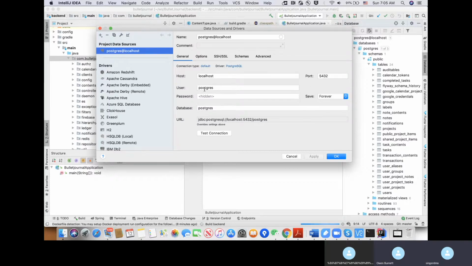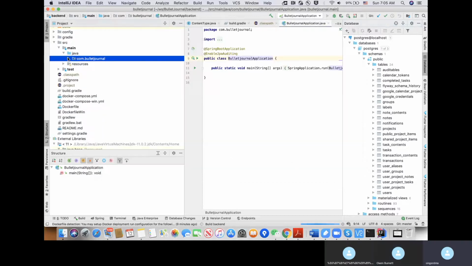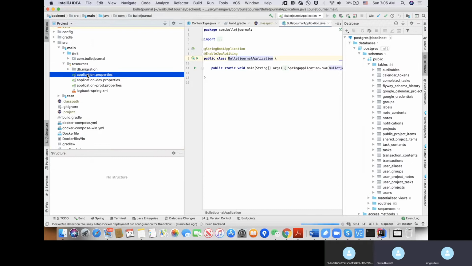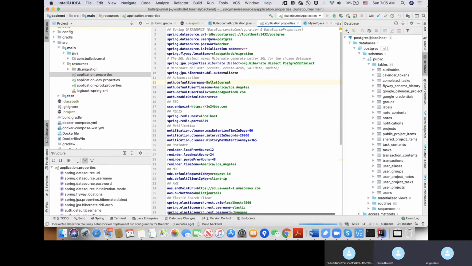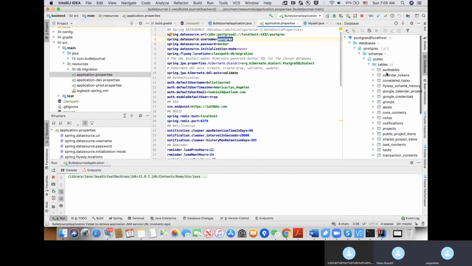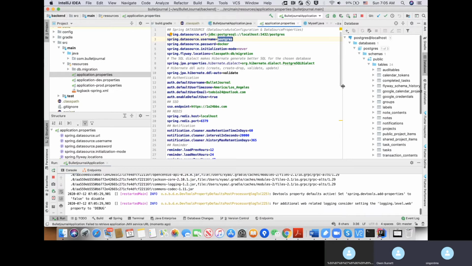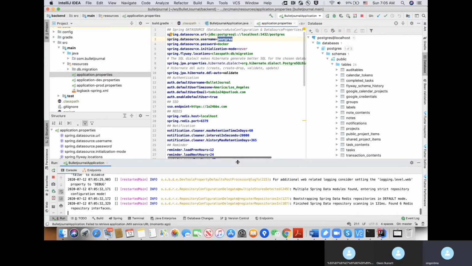Basically, the username and password are very easy to find. They are in the application resources where we specify the database. You see the database username and password. That's how you can connect to the database, so I can see what data is in the database. After I start this,